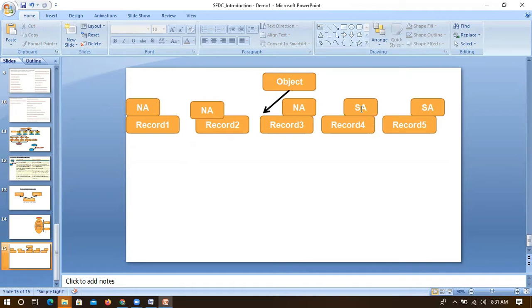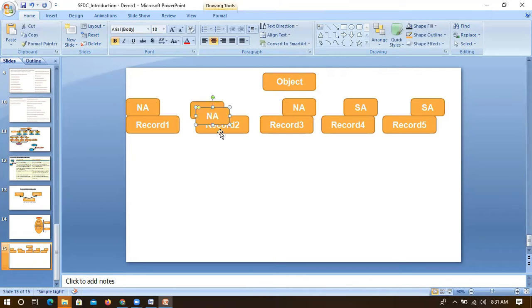And if I want it specific to SCA data, then for this SCA I need to have a page layout. So a different page layout for SCA and a different page layout for NA. So first, within the system, we need to create a page layout for NA and for SCA, and those need to be assigned. Then we have to create record types, and assign those record types to page layouts. That is how we are doing it.